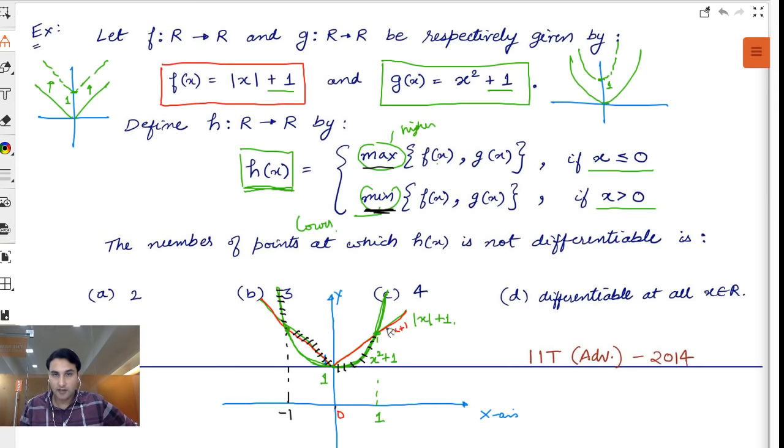Between red and green, and between green and red, which is minimum here? The red is minimum. Bas, the shaded portion is your graph. If I want to make it separately, it looks like this actually. X square आया, उसके बाद ये आ गया, उसके बाद वापस से x square वाला आ गया, उसके बाद ये वाला आ गया. So if you see carefully, this point